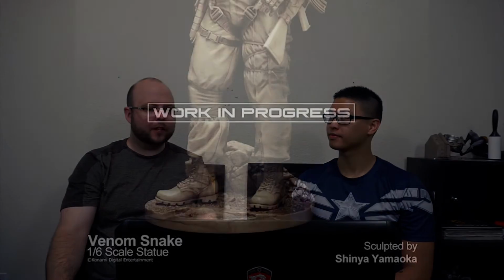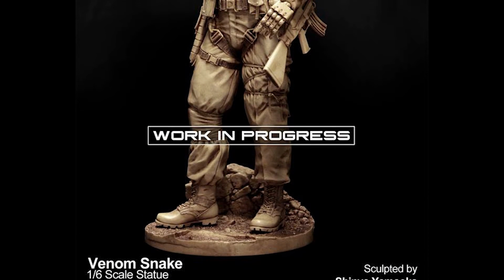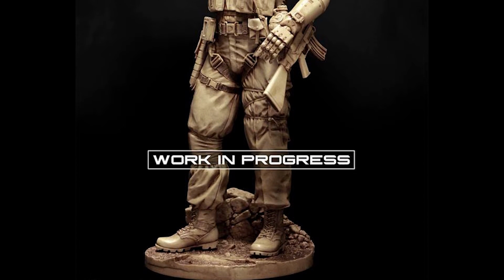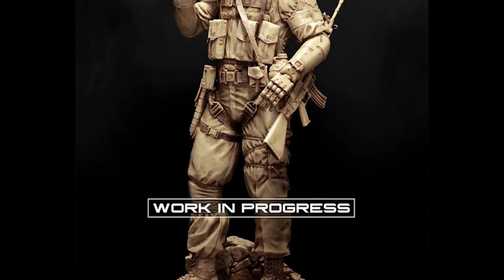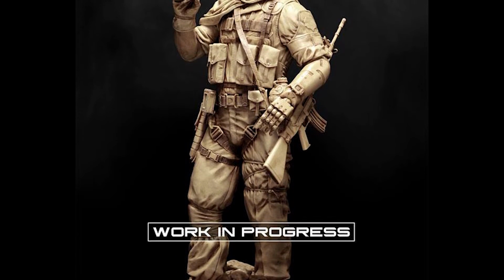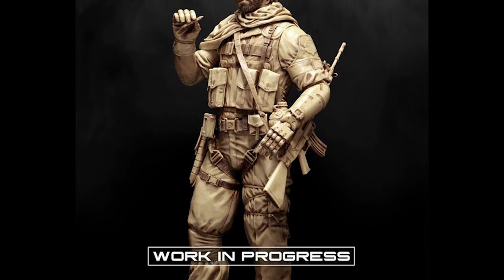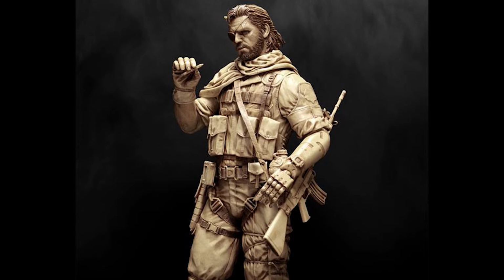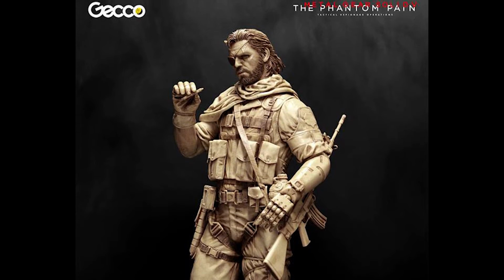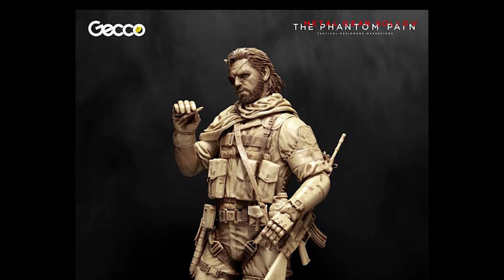Yeah. So this is the Venom Snake 1/6 scale statue, sculpted by Shinya Yamaoka. And this goes with the other statues in the Gecko line. You know, I have the white Raiden from Metal Gear Solid Ground Zeroes. Yep. I have the Snake from Metal Gear Solid Ground Zeroes. So this is,